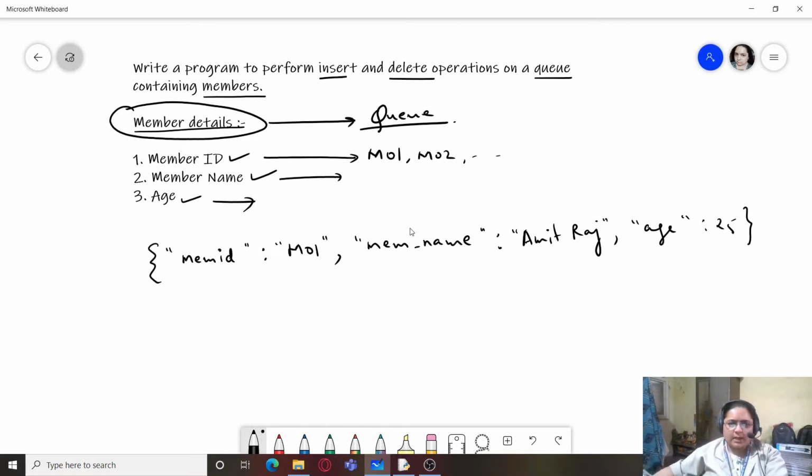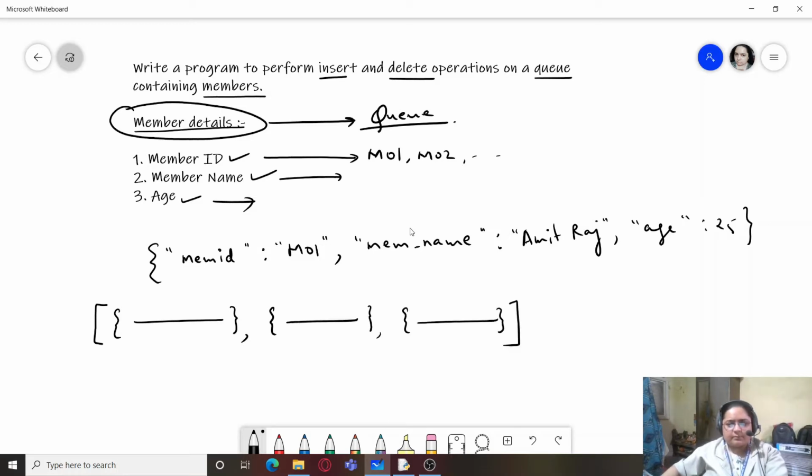So this is one dictionary object, and we would be creating a linear list consisting of many such dictionary objects, each representing one member.